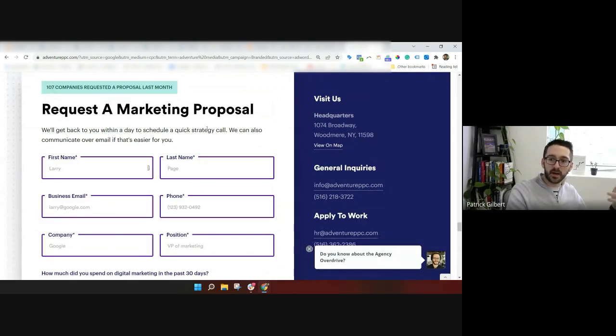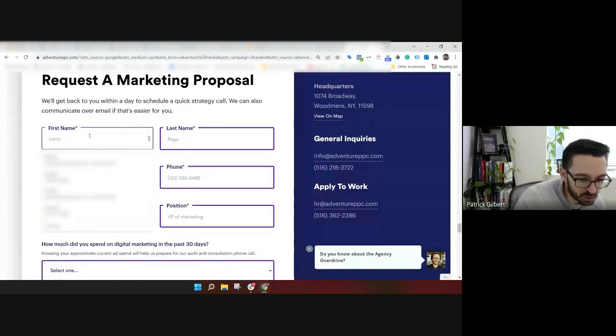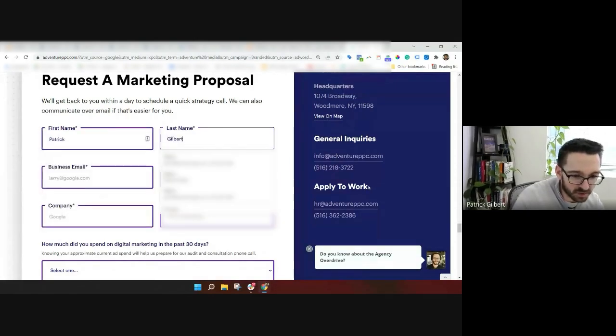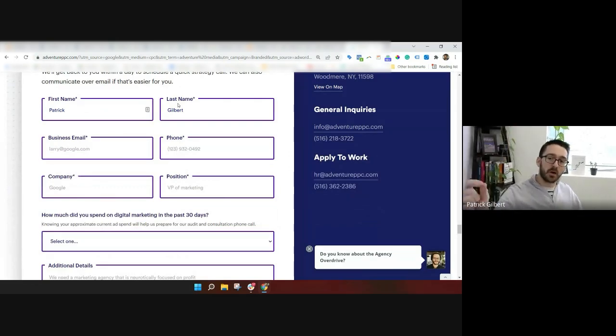So we'll be able to see that I filled out this form with this information. But from a tracking perspective, you want to be able to attribute that form submission back to that ad click. What the average person doesn't realize when they fill out a form like this is, in addition to first name, last name, and so on, what's built inside of this form using JavaScript is custom code that will pull variable values from the URL and assign them to my contact